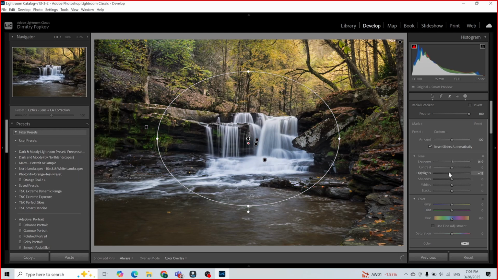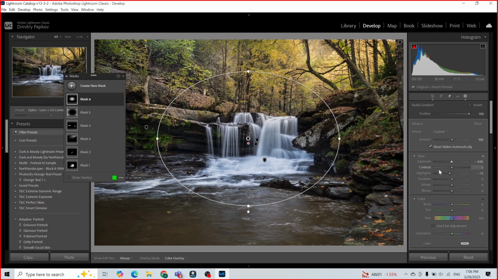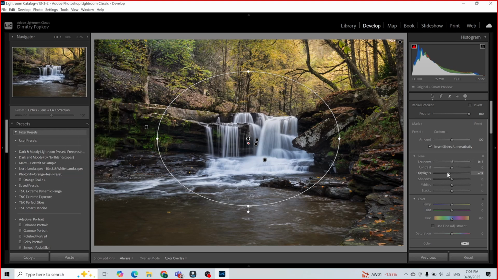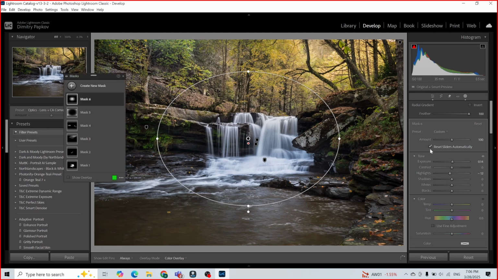Need to be careful because our water is already quite bright, so maybe just a little bit. Bring down the highlights so we don't overexpose the water. Okay, what else? This area of water is a little bit bright for me. I want to darken it a little bit, so we emphasize